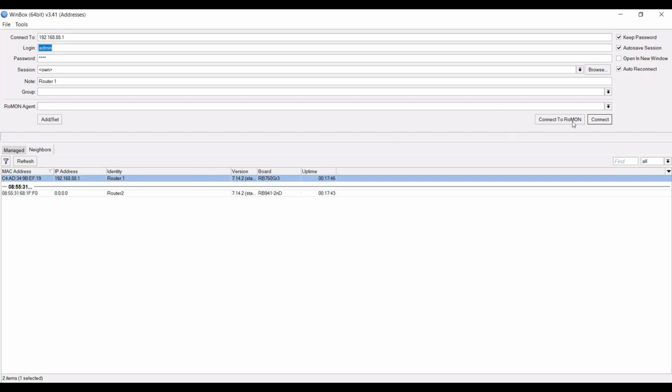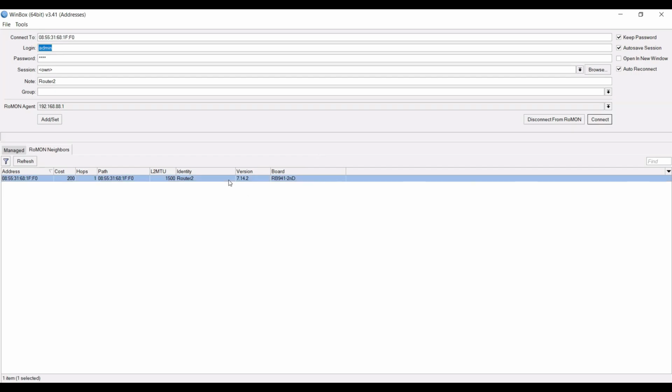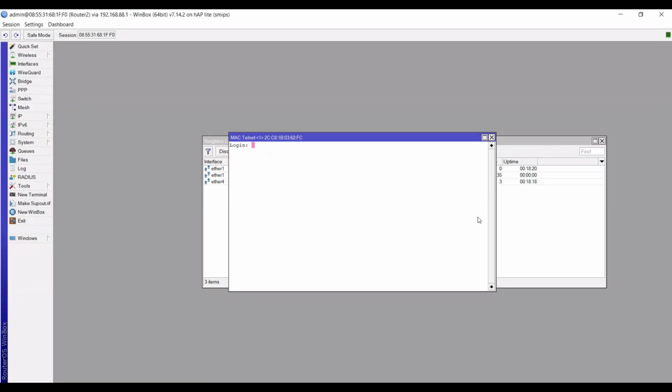Select router 1, then click Connect to Romon. You will see here the router 2 device. Select it, then click Connect. Alright. So as you can see, we successfully access router 2 via Romon through router 1.